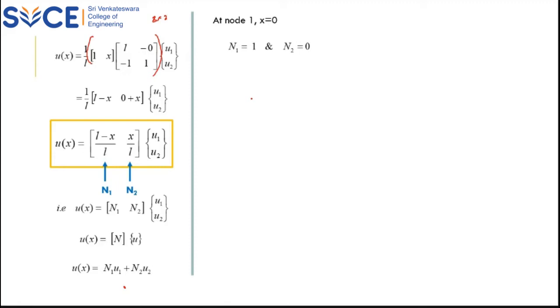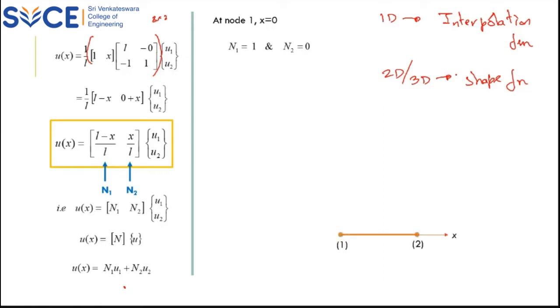So both are the same. Whenever we are in 1D we call it an interpolation function. Whenever I go for 2D and 3D, we call this a shape function, because it defines the shape of a boundary, a geometry shape. In 1D, whatever you apply will be a straight line, so we call it an interpolation function. But anyway, both names are the same. Shape function and interpolation function are the same.